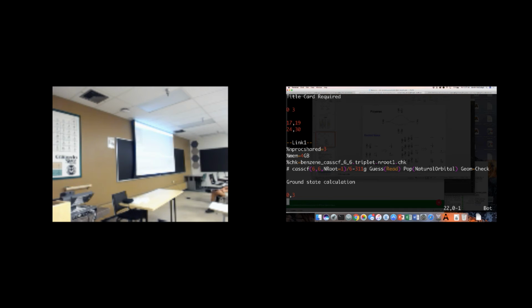Okay, and then here, essentially I'm doing the same thing as I was doing above, but I've now put my n root equals 1, which was defaulted there anyway, and I'm in my triplet state. Okay, and I can look at the energy of that, and we can grab it from here,